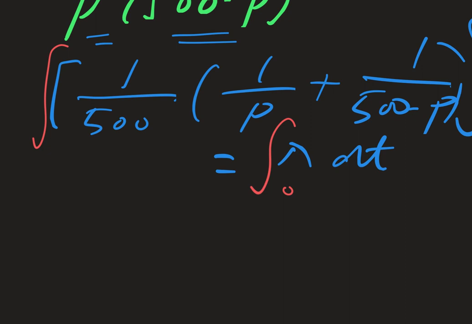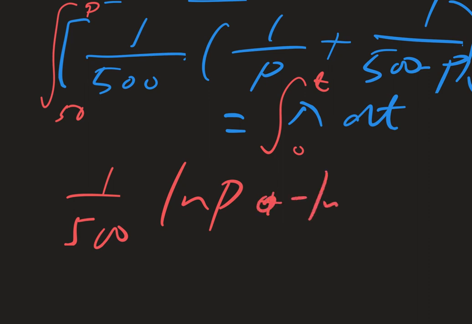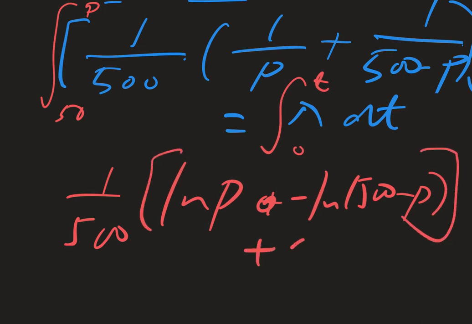At 0, we know that it is 50. No need to say. But when I have t, it definitely gives me a P. Normally if I want to do that, you can do it in that manner, but I would rather put a constant here because it looks very messy and I need to do a lot of manipulation. So what I need to do is put 1 over 500 here, and then ln P, plus or minus ln of 500 minus P, plus c equals